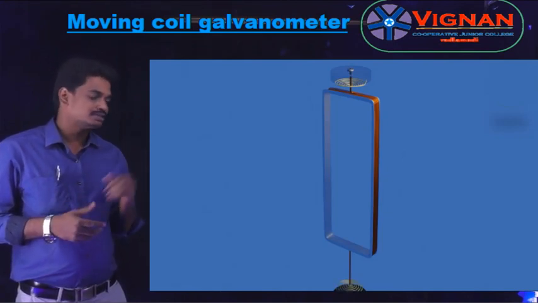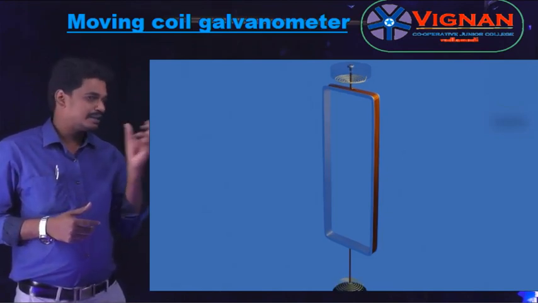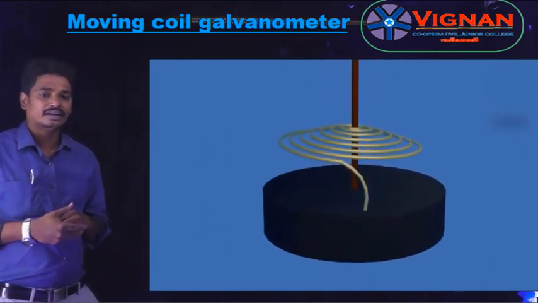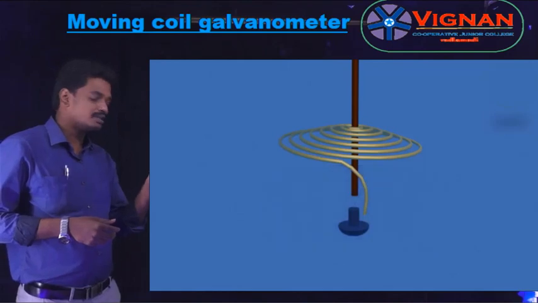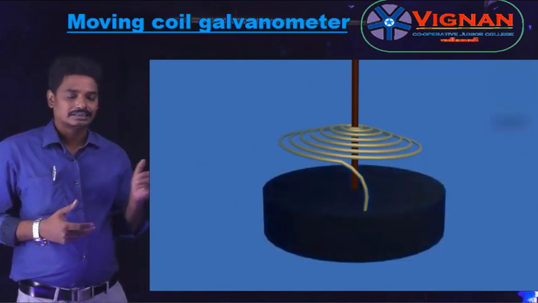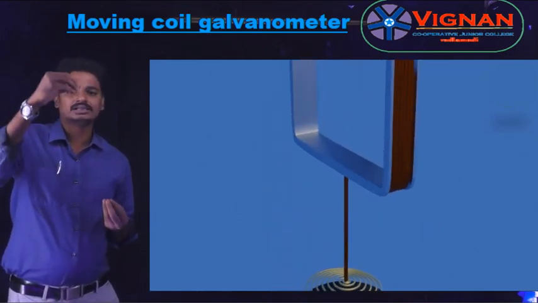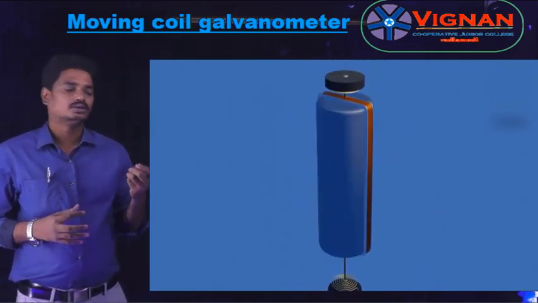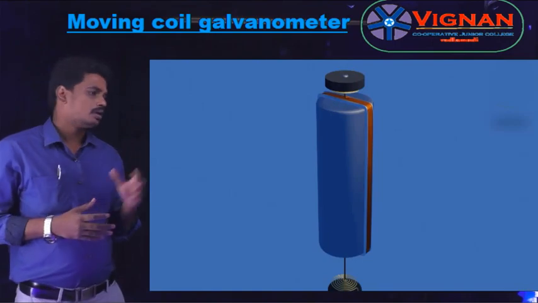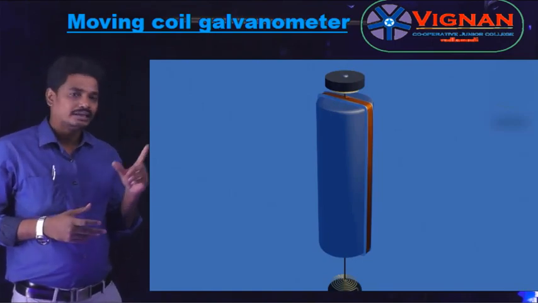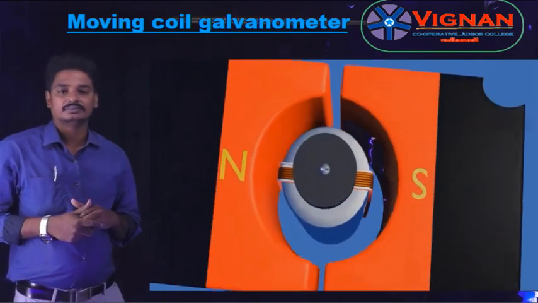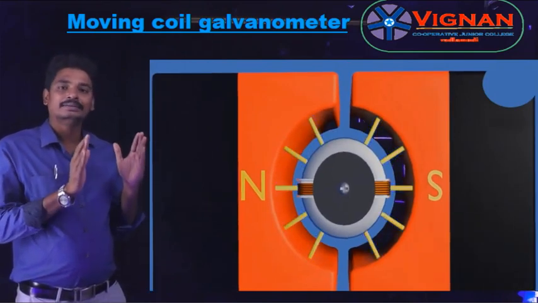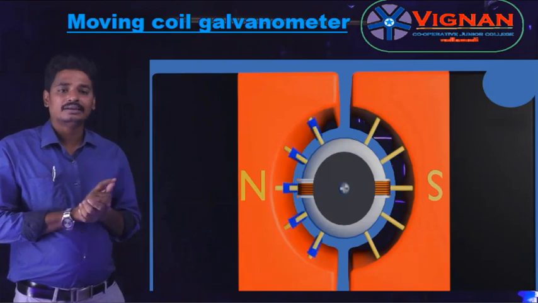At both the pivoted ends, a spring is placed. You can observe here the spring is placed at the pivoted end, and the end of the spring is connected to the fixed key, so that it is fixed. The spring is fixed at one end and the other end is connected to the rectangular loop. Now inside this rectangular loop, a soft iron cylinder is placed. The total system is placed in between the two permanent magnets.